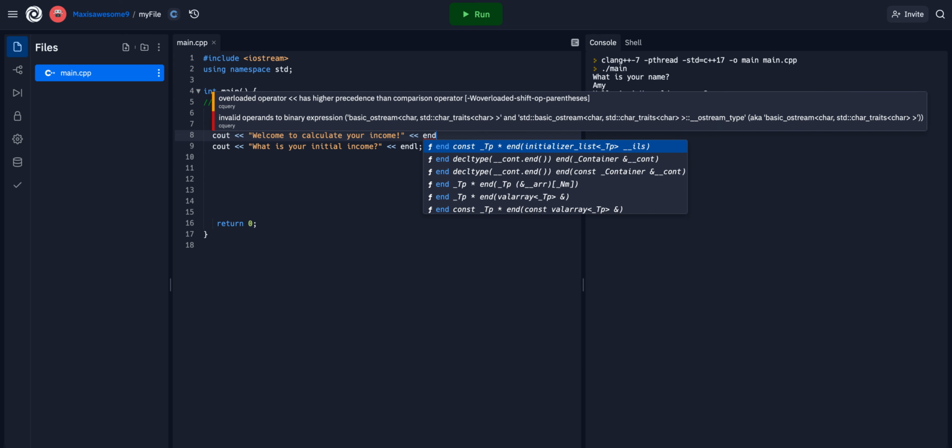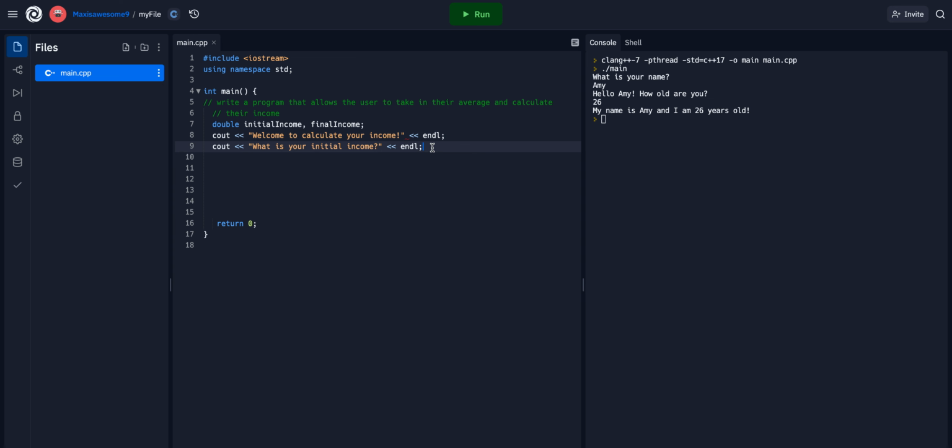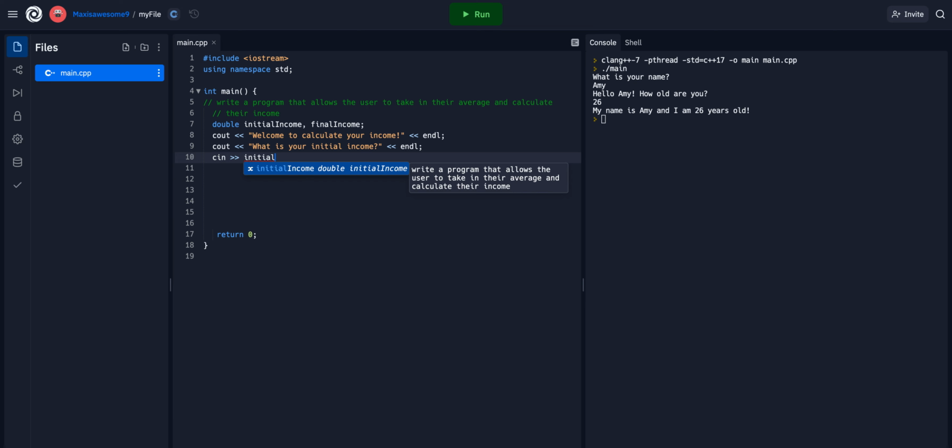Okay, so cout "What is your initial income?" Then cin >> initial income. Okay, and then cout